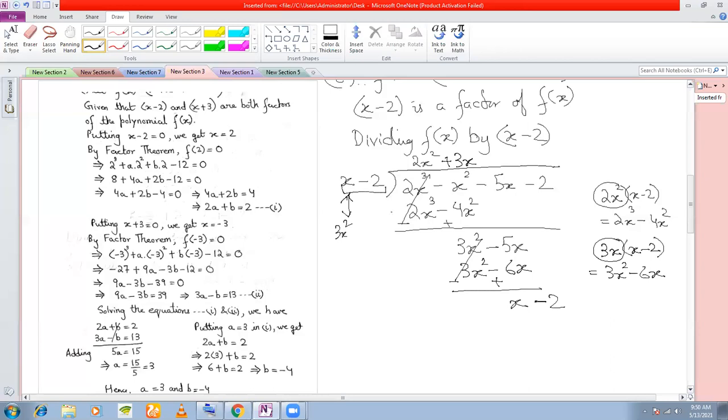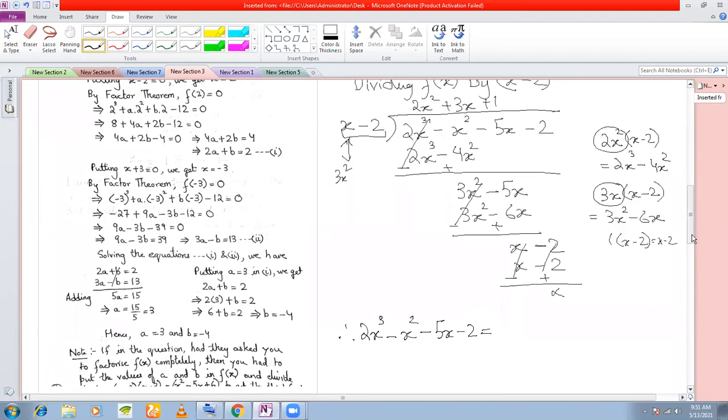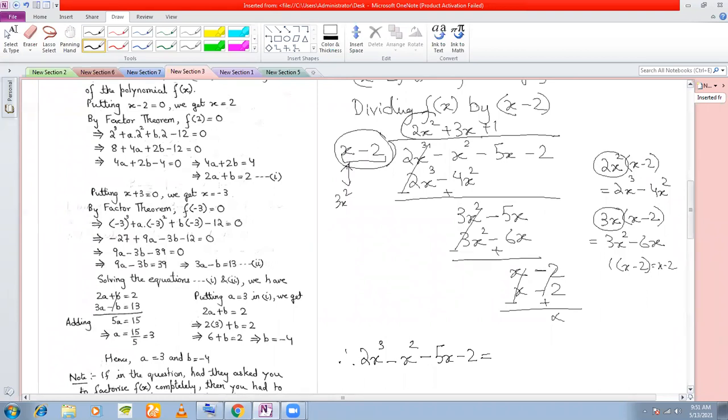Okay, now you see you have x minus 2 and you have x minus 2 here. So you simply multiply x minus 2 by 1 to get x minus 2. So what you do is you write a plus 1 here and write x minus 2 here. So this cancels and you get nothing here. That is, the remainder is 0. So therefore, what have you done? You are getting a quotient there. This is the remainder. So you can write this polynomial as a product of this and the product of this, right? You can write this as x minus 2 into 2x square plus 3x plus 1.